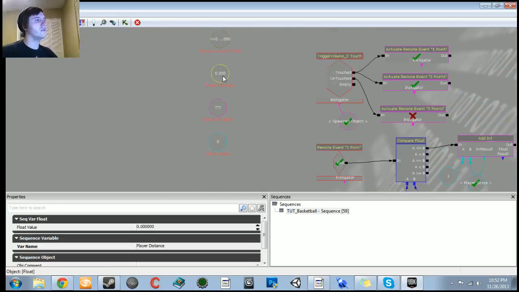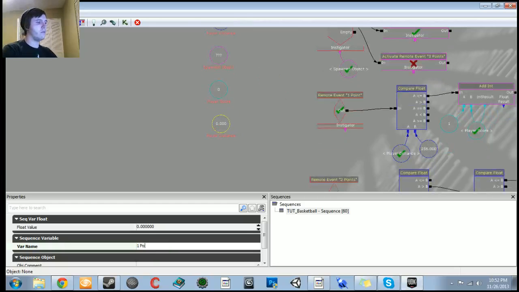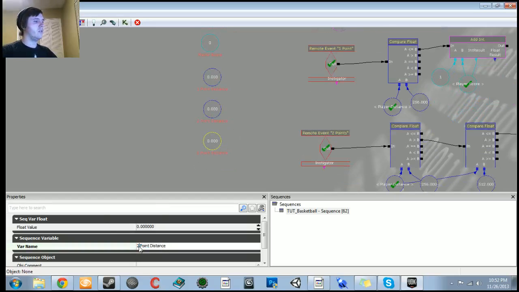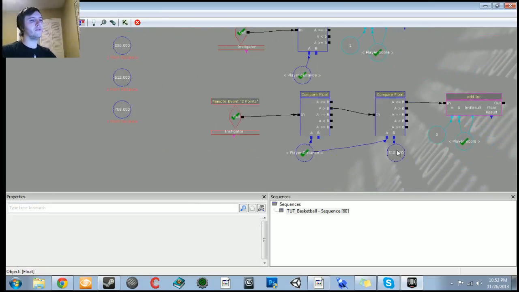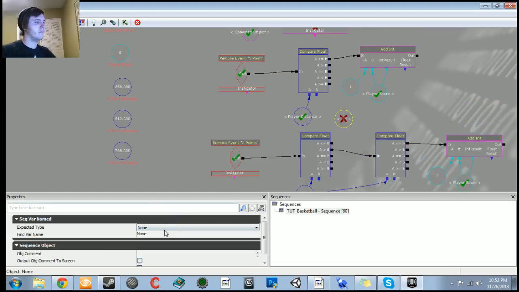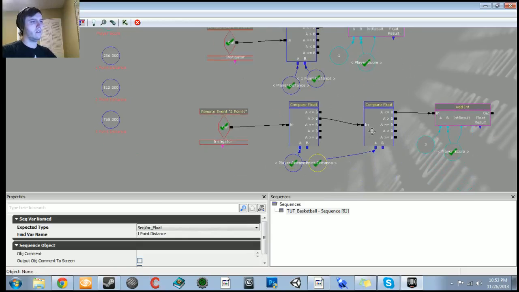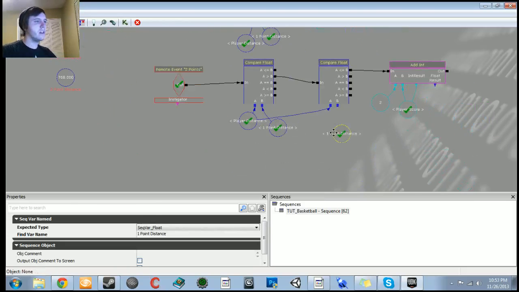Alright, so let's do another float variable. We're going to call this 1 point distance, and then copy and paste, do 2-point distance, then third 3-point distance. And then we're going to set this to 256, we set this to 512, and we're going to set this to 768. Then we're just going to remove these variables, do a new name variable, do float 1-point distance, copy and paste it again, let's do 2-point distance, oops,